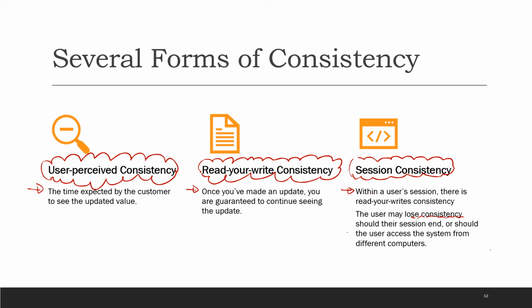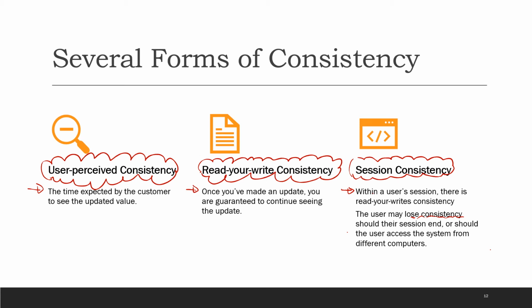But whatever, you can see that this form of consistency is one of several forms that allow the system to be less strict on the consistent data, because we want to make sure that the availability, the latency, the response time of the system is fast enough. You may read the data from one node and you may update the data on the other node or something like that. But at the end, actually, with the eventual consistency concept, all the data on all the nodes will